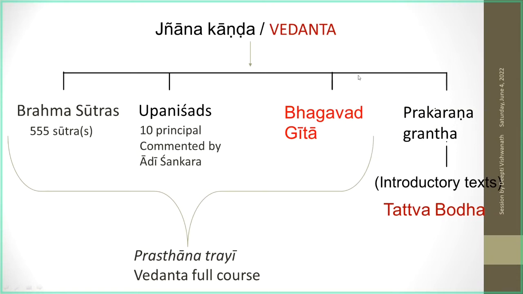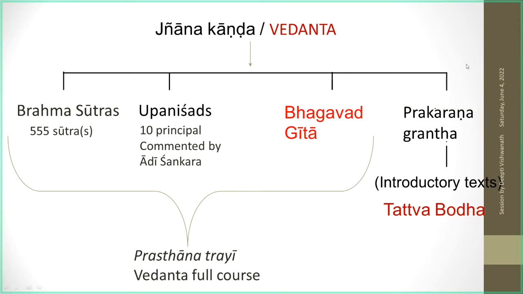Before one entered into Bhagavad Gita, normally a Jignasu student who was ready to give a few years of their life just for the adhyayanam of the Shastra, would start at Bhagavad Gita. A little higher may start only at Upanishads and Brahma Sutras. Lower it came to Bhagavad Gita, and then now we have gone even a little lower. We have to first introduce the topic through a few introductory texts like Prakarana Grantha. We did Tattva Bodha before, and Upadesha Sar is just about getting included. It's not a traditional Prakarana Grantha, but it is now getting the status of a Prakarana Grantha in Vedanta also. And we finished. And now we are starting Bhagavad Gita.